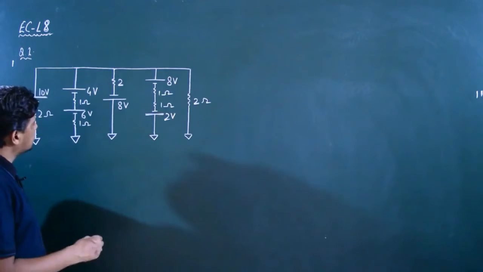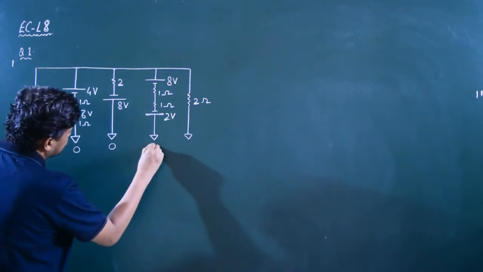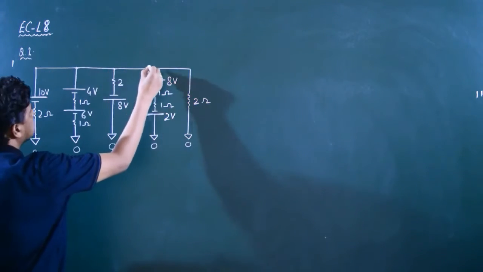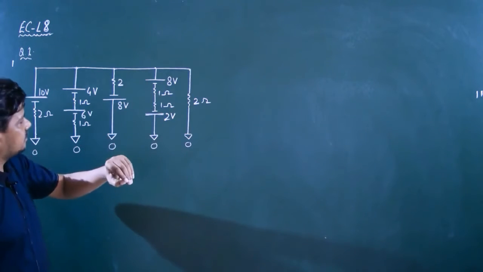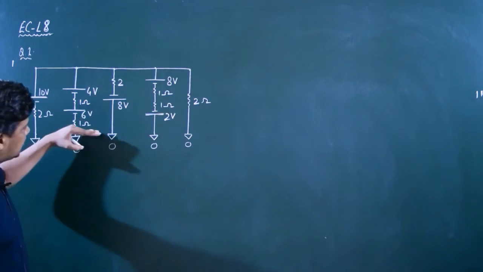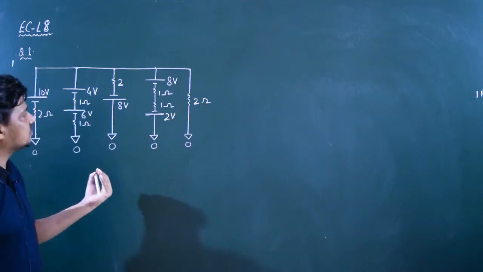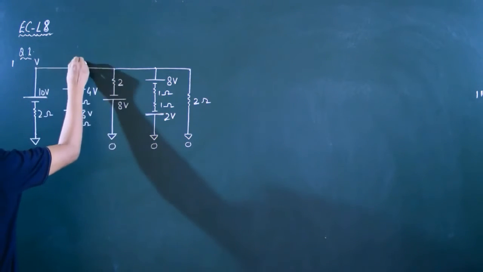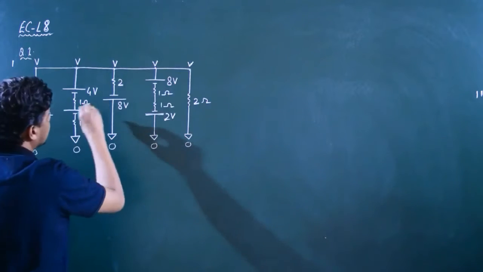So grounded potential has what? Zero potential. So this potential is 0. Here also potential is 0, 0 and 0. Now come to these points. These points are equipotential because the elements are connected in parallel. So you can connect these lower ends with a conducting wire, and the lower end has potential what? 0 volt. So here potentials are equal. Here potential at this end is V. Here also potential is V, V, V and V, since these all are in parallel.